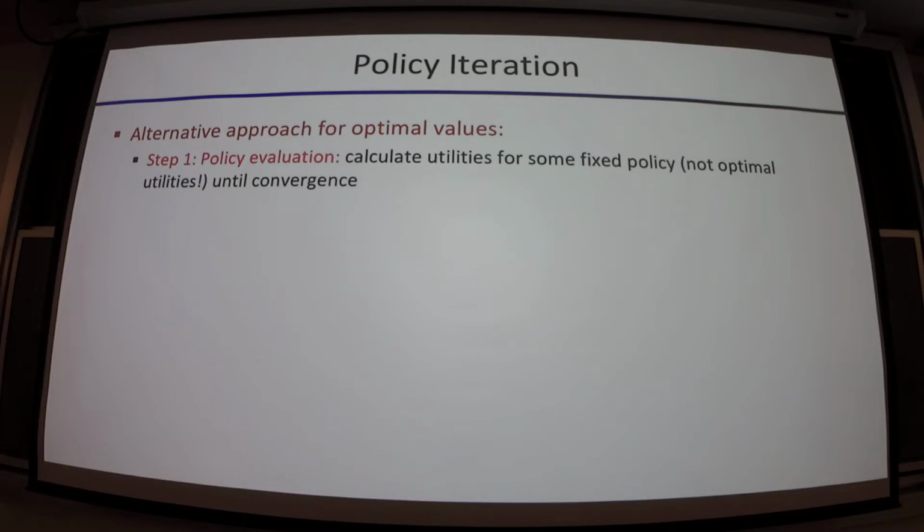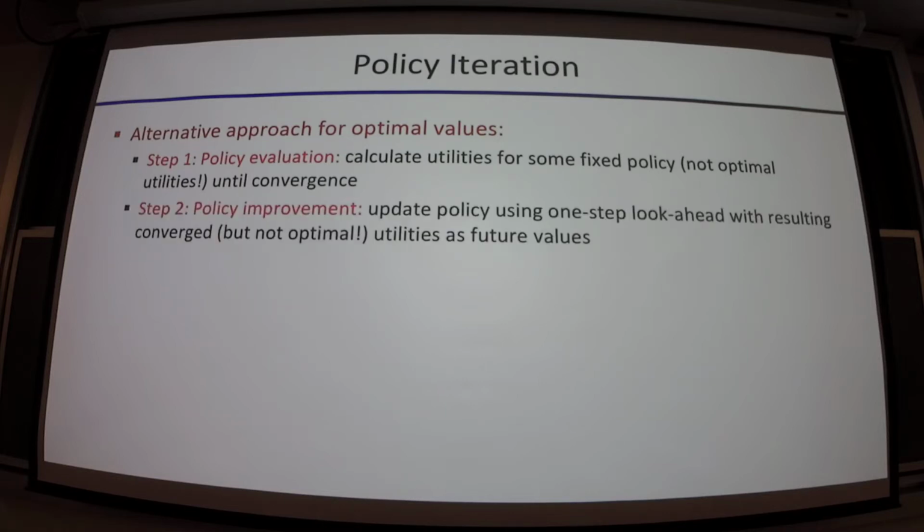So that's what we just talked about, right? You can calculate the utilities for some fixed policy. These aren't optimal utilities. They're utilities with respect to that policy, right? Until they converge. So this is value iteration, except for a fixed policy evaluation. This is an iterative process defined by those update equations we just saw. But we can run these until they converge. And in practice, this can be much faster than value iteration because we're not considering all of the possible actions at any given step. The action is described to us, it is given to us as simple, right? Okay, so we do that until it converges.